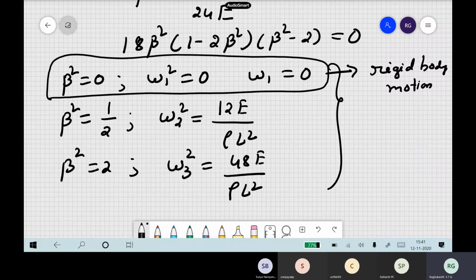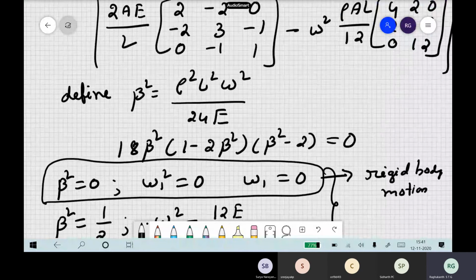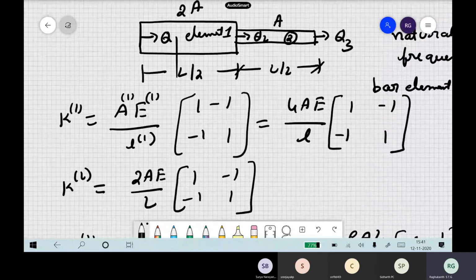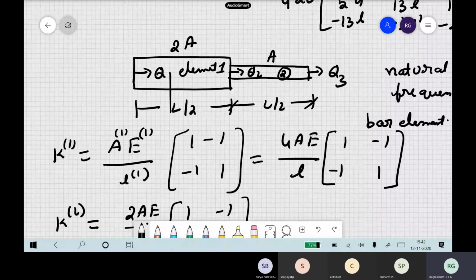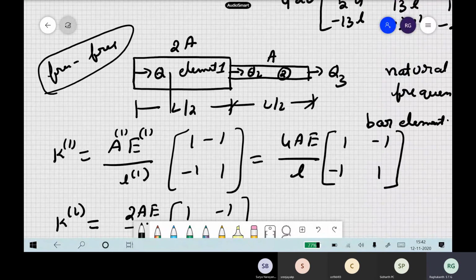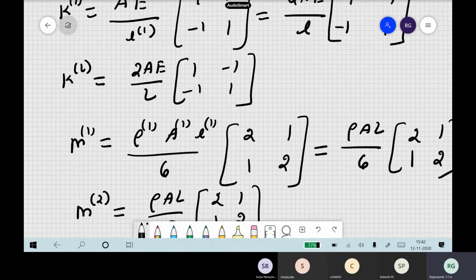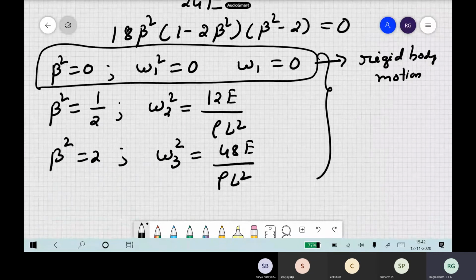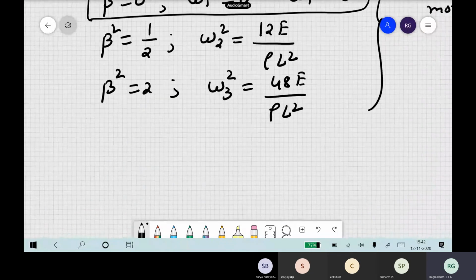But here what is the element we have assumed? We have assumed this is a simple bar element, Q1, Q2, Q3 are there. We have not made any assumption that one end is fixed or one end is free. We have not done anything, right? So obviously we are assuming that this is like a free bar. Since we have not done anything with respect to this element, automatically we get one degree of freedom, that is one natural frequency as 0, which means a rigid body mode will be there.